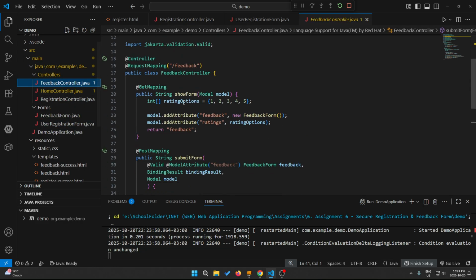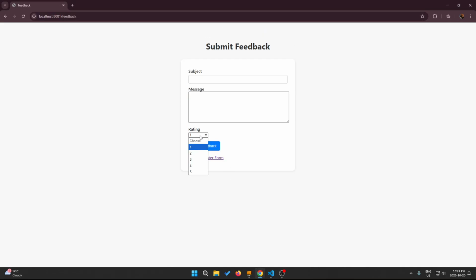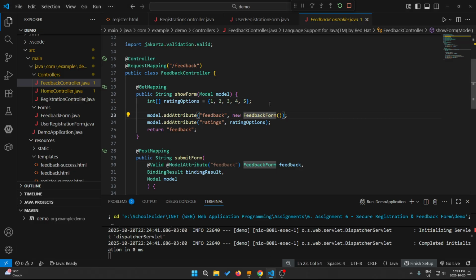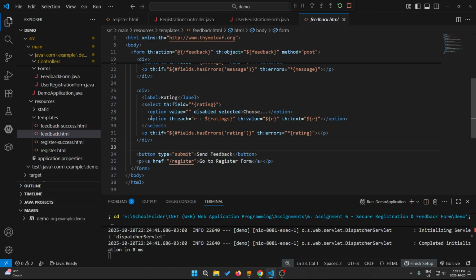feedback controller, except it uses an array list for the selector. So if I go here, this is an array list of numbers between 0 and 6, so 1 through 5. And I just add that to rating options. So I add rating options as ratings, and what it does is if I go to feedback, this is a